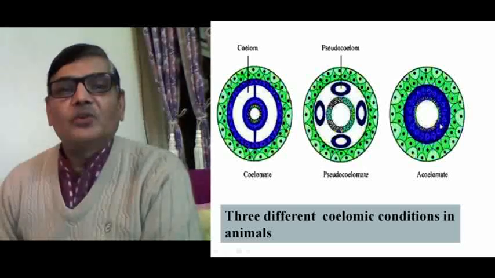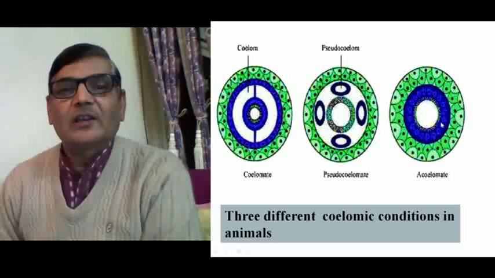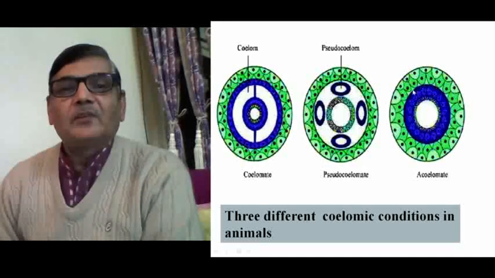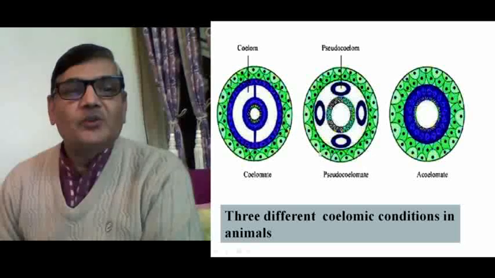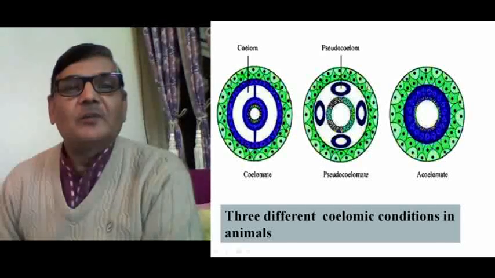Actually one should know that the coelom is formed only in those animals in which all the three layers are there, that is ectoderm, mesoderm and endoderm. But this is the primitive form of a non-chordate in which the mesoderm does not split at all, and such a situation is referred to as acoelomate. Then the other one is pseudocoelomate, which you can observe in nematodes or roundworms.